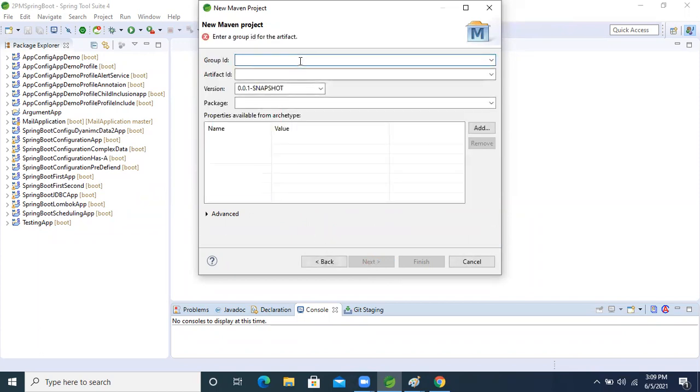Here I'm going to give the group ID, which means the company name, guys: org.rk.technologies. Now for the artifact ID, which is the project name, I'm giving Hibernate test application.